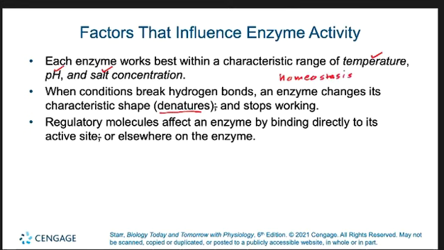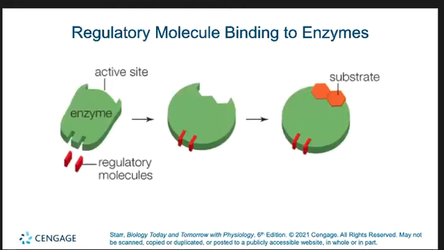in which it uses a series of body systems to try and keep those parameters within a window that's compatible with life. Okay, now in the human body, the communication networks for homeostasis are the endocrine system and the nervous system, okay? And other organisms, there are other body systems that help it to maintain those conditions, okay? Regulatory molecules can speed up or slow down an enzyme by binding to either the active site or to sites other than the active site, okay? So this is an example of something called inhibition.